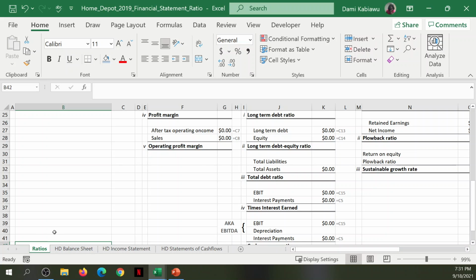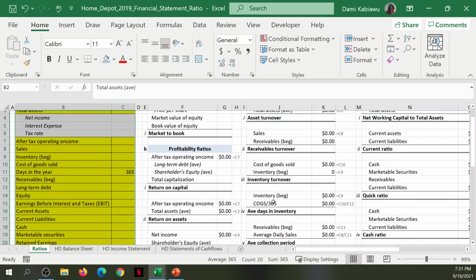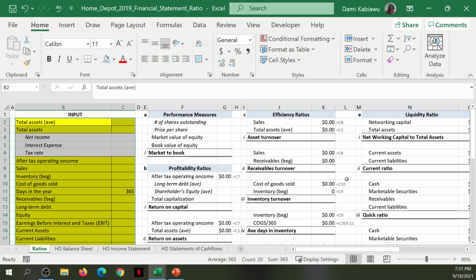This is the ratio sheet, and this time I've put on the side here a whole empty sheet for all of the interim steps that you need to be able to calculate all of the ratios here. Some of the numbers have been pre-selected. You just need to fill them in. So let's start by deleting all of the